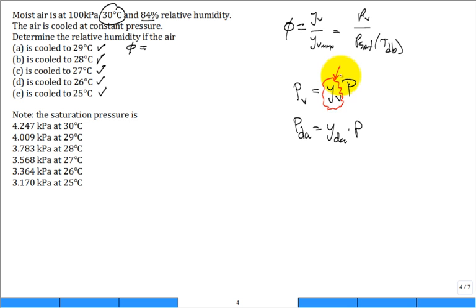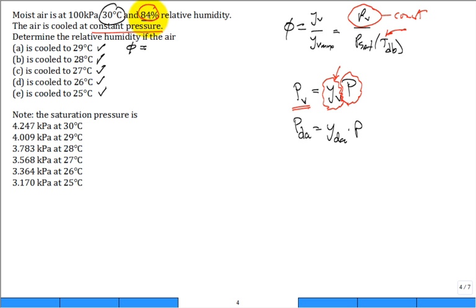So the total gas pressure always stayed 100 kilopascal. So what stays constant until you start to condense? The partial pressure of the water vapor. So this stays constant. What's changing as I lower the temperature? The saturation pressure goes down, the relative humidity creeps up. It creeps up. So we find that it goes from 84 to